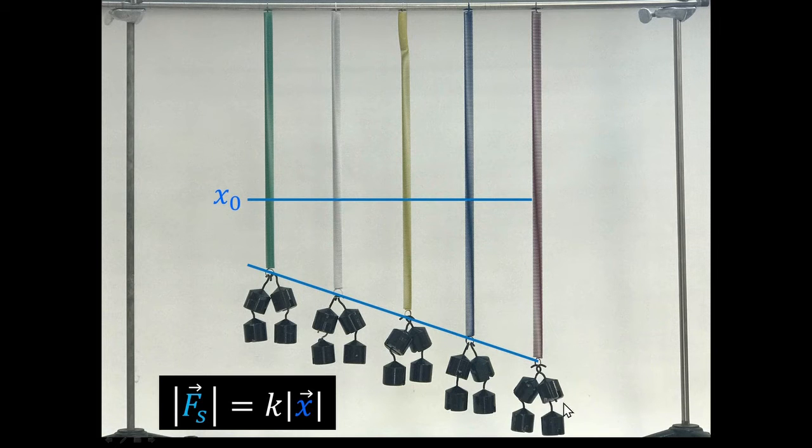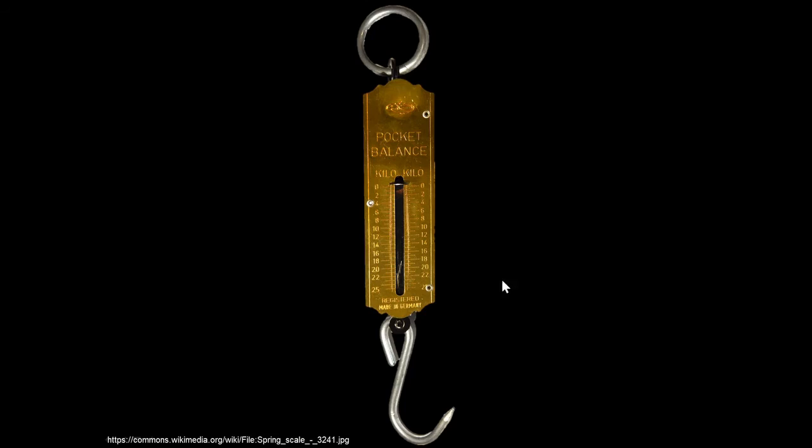They all had the same force, but the shorter distance of displacement got the same amount of force because the smaller distance had a bigger spring constant. In fact, this is the spring constant for each of these. Okay, 25 newtons per meter. If I had stretched that a full meter, I would have gotten 25 newtons of force. And one of the big things about Hooke's law, and the really neat thing, is that it is a linear